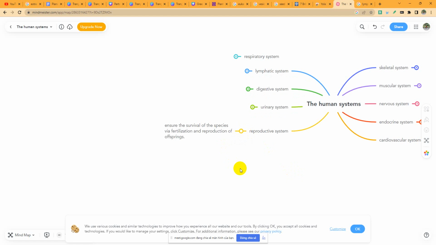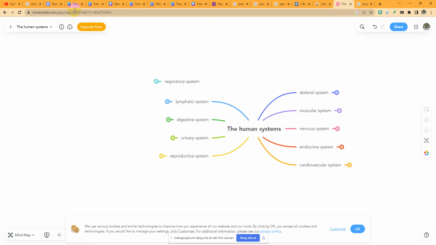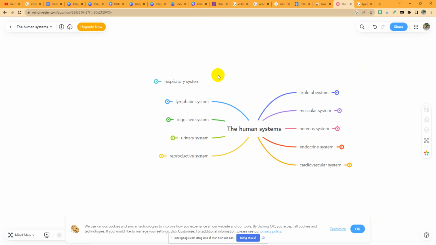So reproductive system, the fertilization between the two opposite sexes occurred and a new baby will be born. So that's all the human systems. The mind map, which I think absolutely does wonders for our memorization,